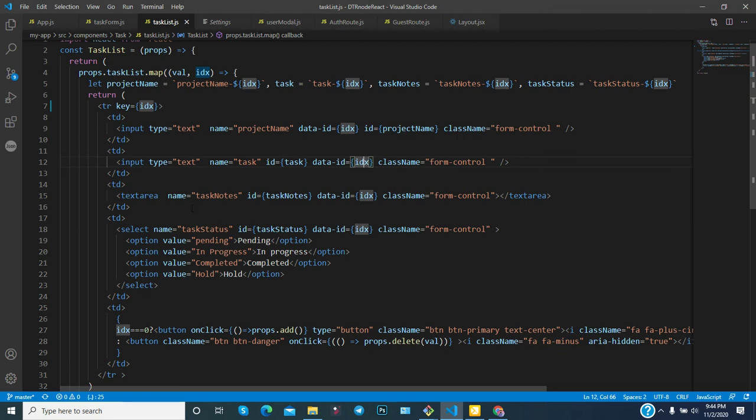So that's why here is the val dot index. It means if you use val dot index, it will always be unique. So if it got deleted a second time, it's assigned a different value. Okay, this will not be 2.